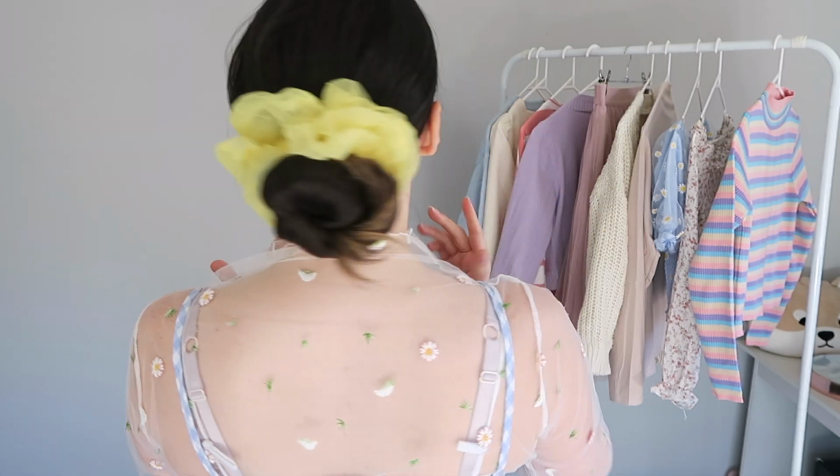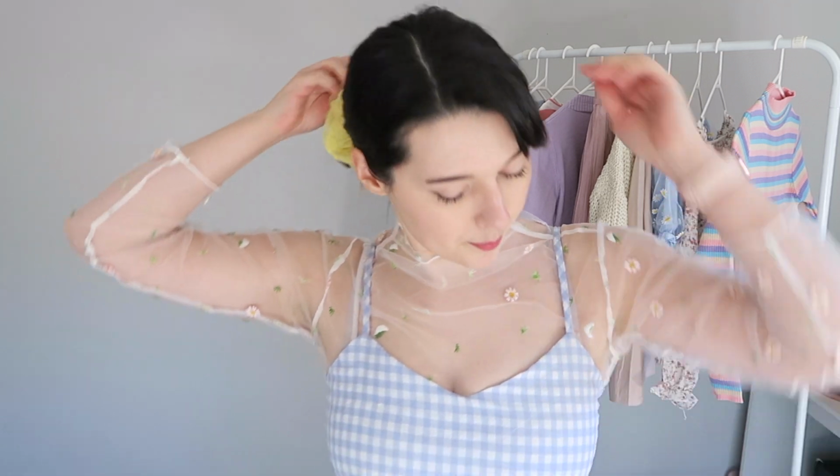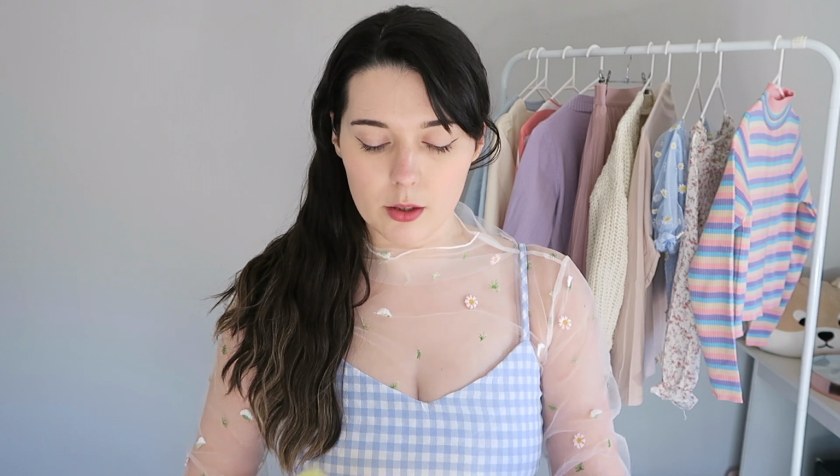So there is like that, but it is still like humongous. So I'm not really sure what to do with this one. Like, do I keep it? Is it really cute? Or do I, you know, get rid of it because it's massive? Does this look cute? No, I just feel like it looks like it's a huge, maybe it's just because it's